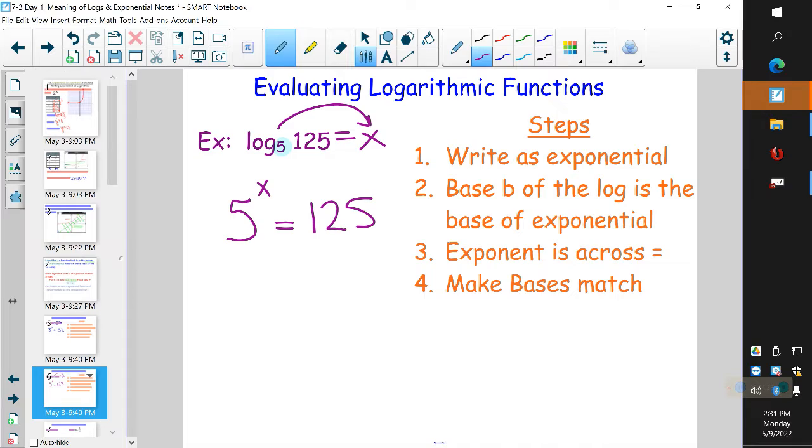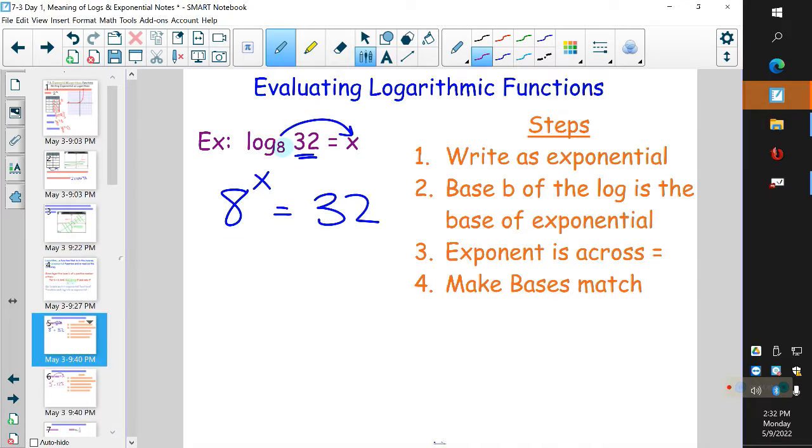Now, I didn't solve either one of these. I just wanted you to be able to write them back and forth. But now we're going to go back and we're going to solve them. Now, our goal here is to make the number 8 and the number 32 have exactly the same base